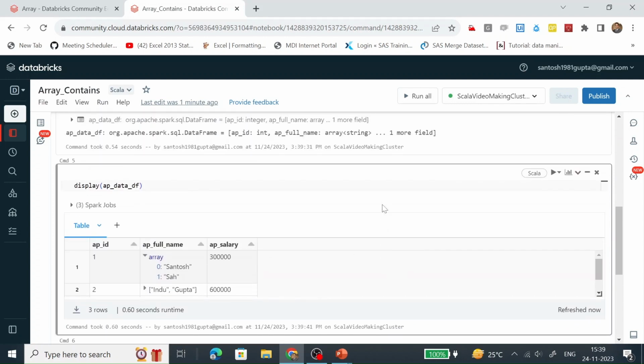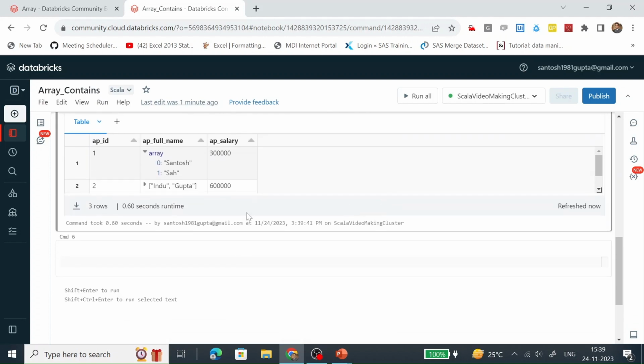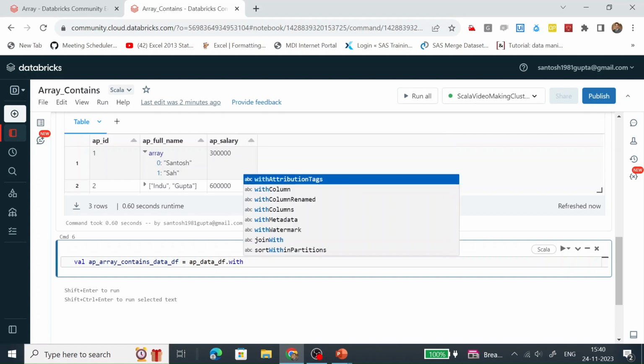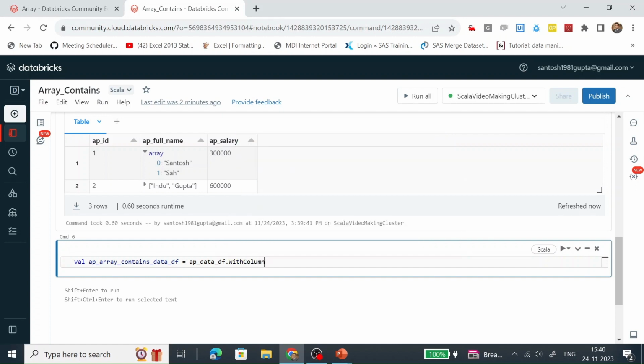Now let's apply the array contains function. Let's create a variable. How are we going to do this exercise? First we are going to create a column, and the name of the column is contains.